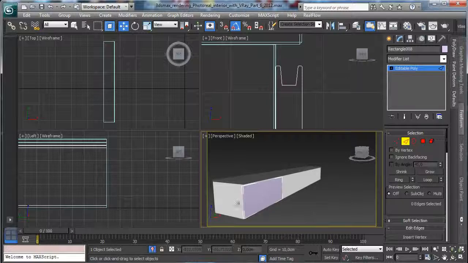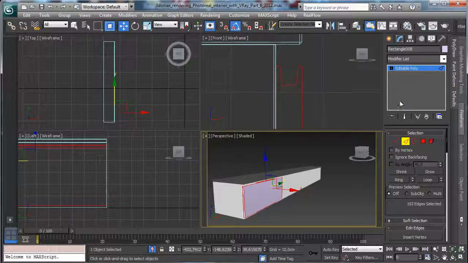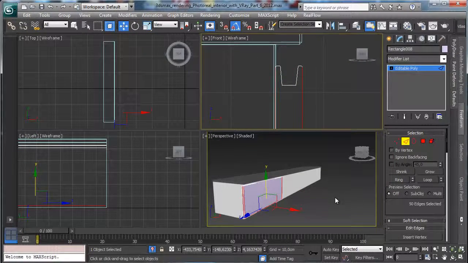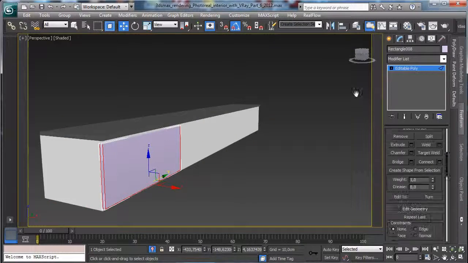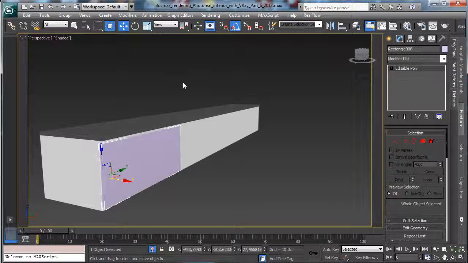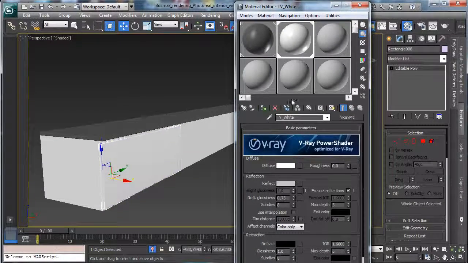I like to create the right chamfer, but let's remove this part because we have the chamfer there, and we go in the chamfer 0.25 and say yes and close. Perfect. This one has the same material,